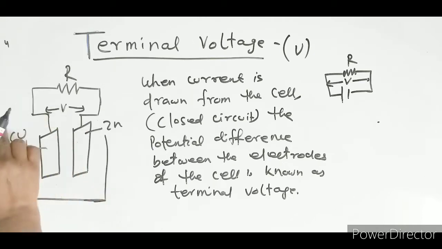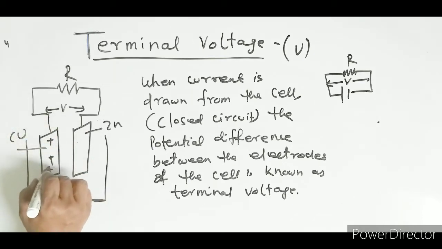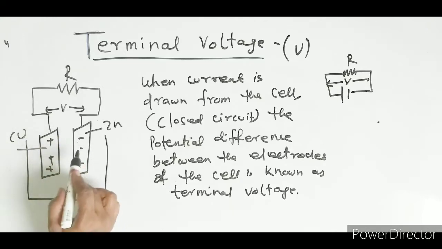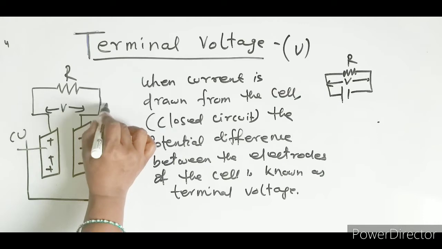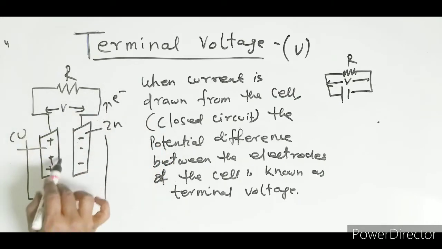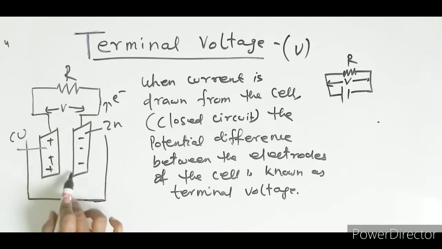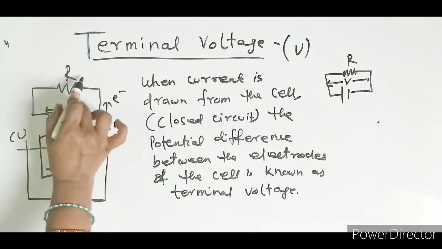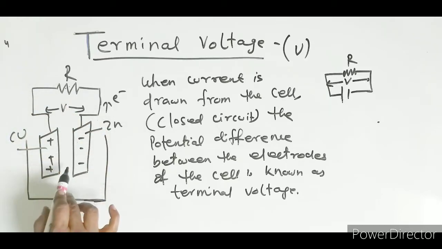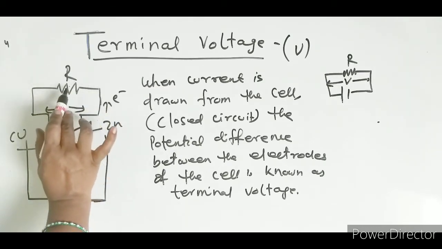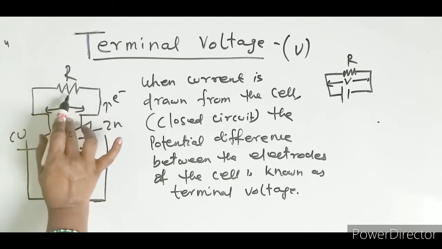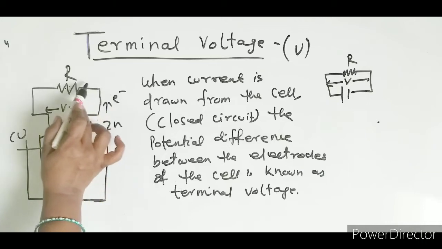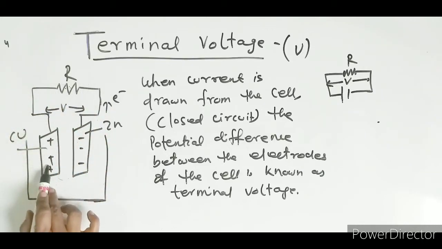Here, as we discussed last time, this is acquiring the positive charge and this is acquiring the negative charge. Electrons start moving from here, and whatever energy they get from the electrolyte, they spend here. For example, you get money from your parents and spend it in the shop. Then they come back here, and inside there will also be a flow.